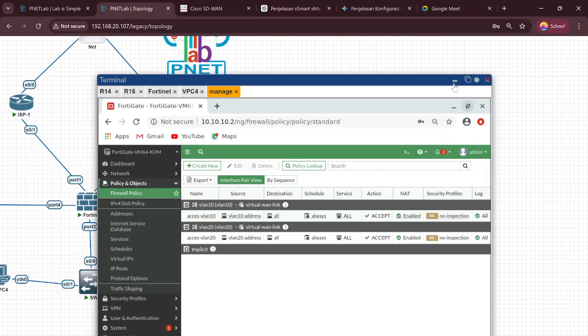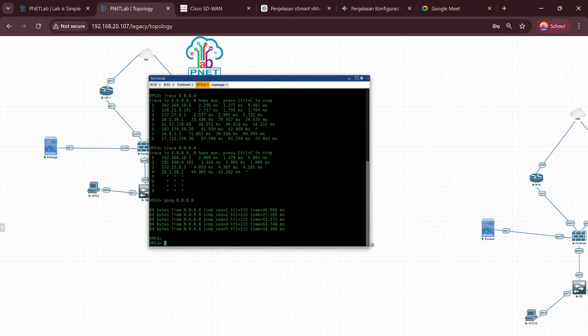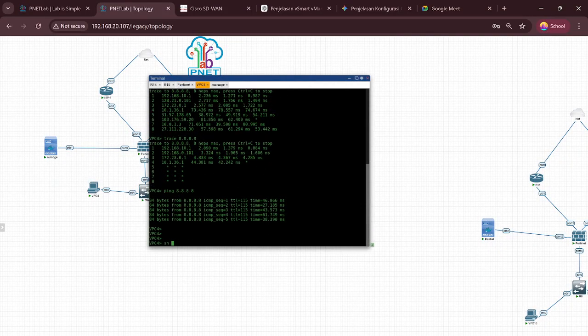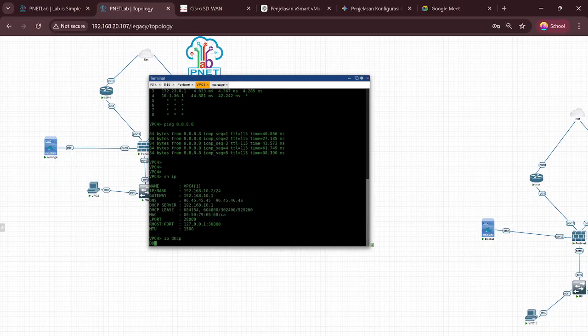Okay, check VPC4, show IP. Okay, VPC4 IP mask is 10.2 prefix 24. Check the IP DHCP. Okay, DORA.